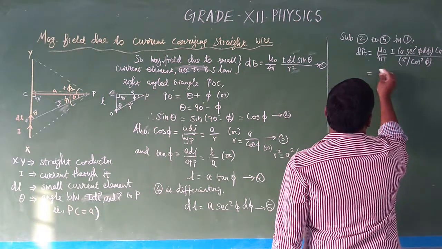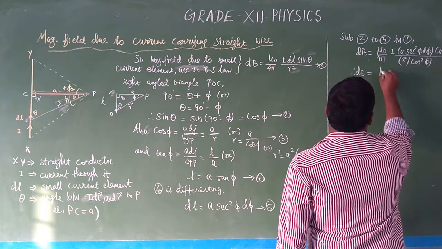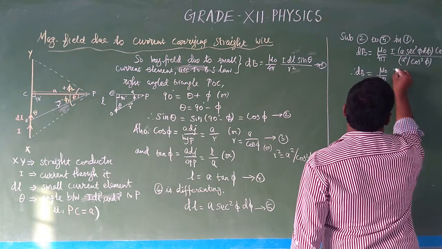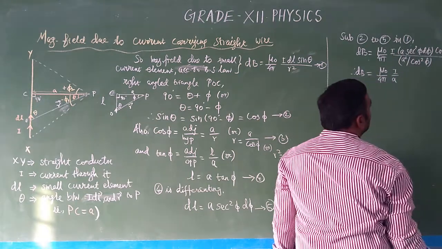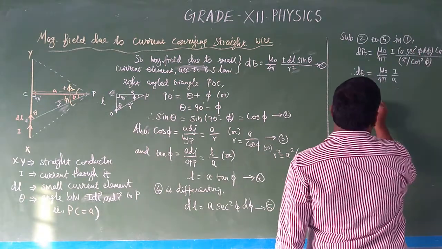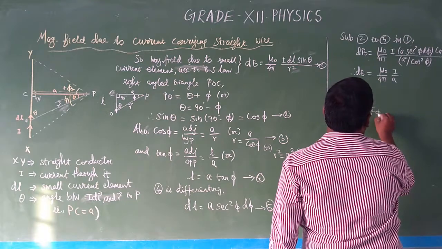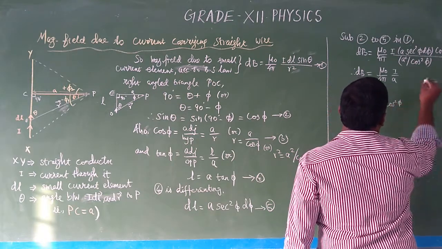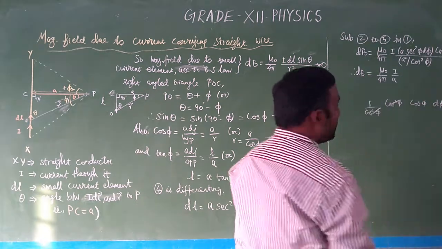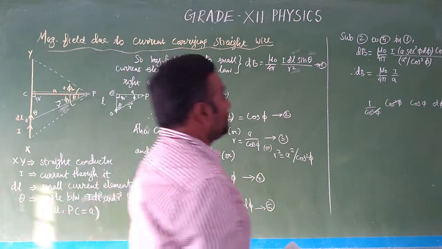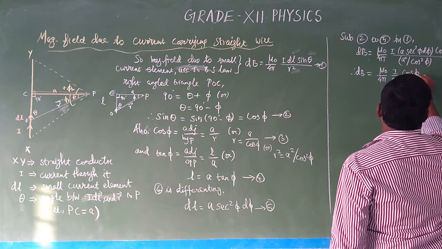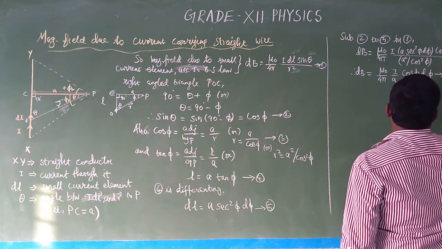So after the simplification, therefore dB is equal to mu naught by 4 pi, A square cancel ஆச்சுன்னா I divided by A இருக்கும். Okay வா? Then secant square is 1 by cos square phi. இந்த denominator இருக்கு cos square phi மேல போயிடும். ஆல்ரெடி இன்னொரு cos phi இருக்கு, cos phi d phi இருக்கு. ஸோ இது ரெண்டு cancel ஆச்சுன்னா cos phi d phi கிடைக்கும் நமக்கு. So we have cos phi d phi. This is equation number 6.